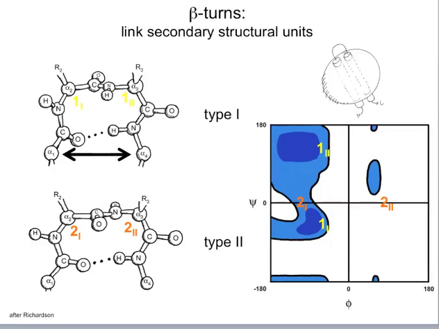Here's another cartoon that I like to draw. Here's, say, a globular soluble protein. There's a couple of alpha helices traversing this sphere, and what happens at the surface of the molecule is we can execute a beta turn and completely reorient the trajectory of the chain so that now it's going back through the sphere of the protein again. So we link secondary structural units via these beta turns, and don't worry so much about the details,